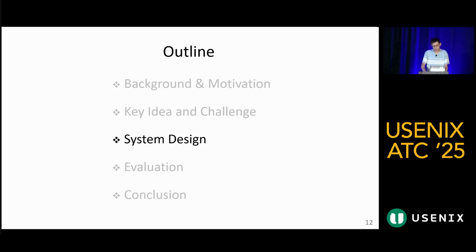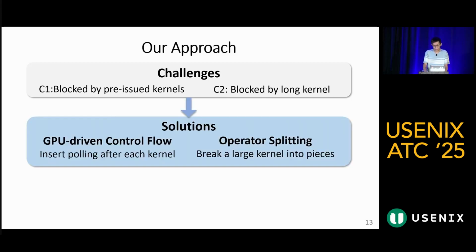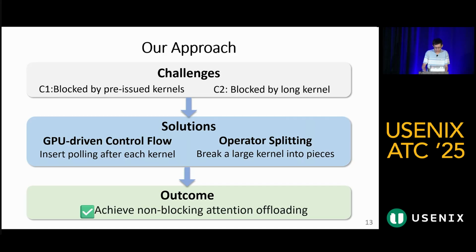Next is how Weaver solved the mentioned challenges before. To overcome the challenges we have discussed, our approach is twofold. First, to handle the queue of pre-issued kernels, we introduce a GPU-driven control flow. This involves inserting lightweight polling checks after each kernel. Second, to deal with long-running kernels, we propose operator splitting. We break large kernels into smaller pieces. Together, these techniques allow us to achieve our goal,